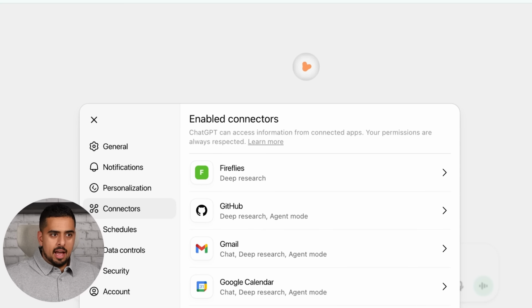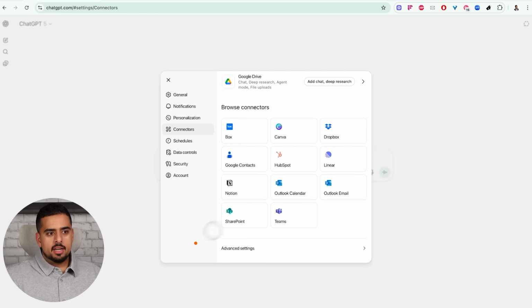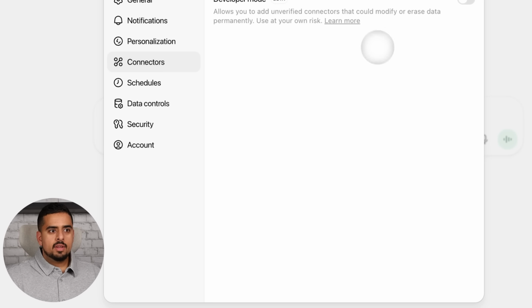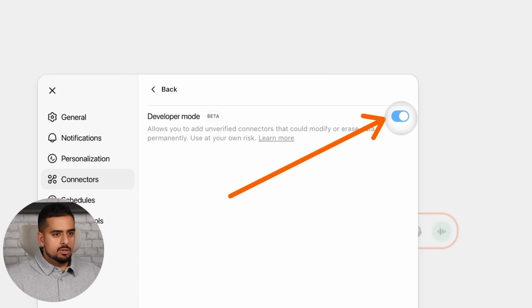So for example, I have access to the Fireflies.ai note-taking MCP server. And up until now, you've only been able to add custom connectors either on the Teams plan or the ChatGPT Pro plan. But now, if you scroll all the way down and click on Advanced Settings right here, you can click on this little arrow, and then you have to enable this thing called Developer Mode, which is still in beta. So you just want to click on this toggle right here,